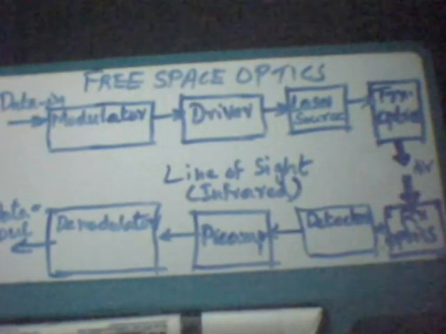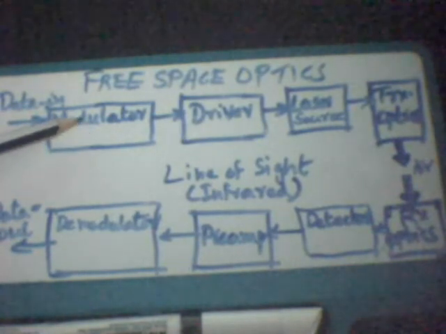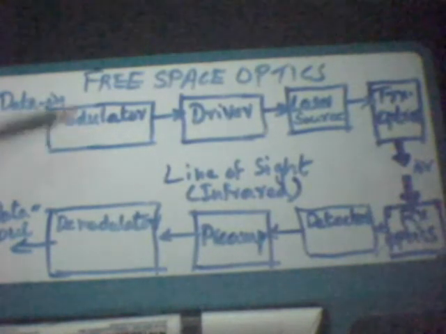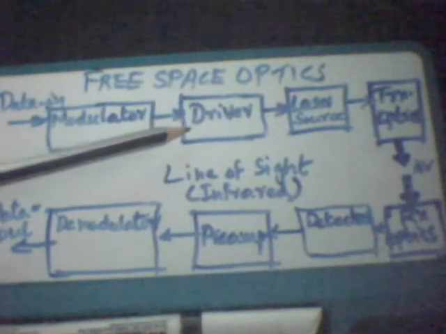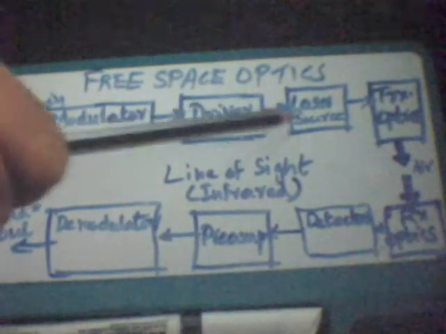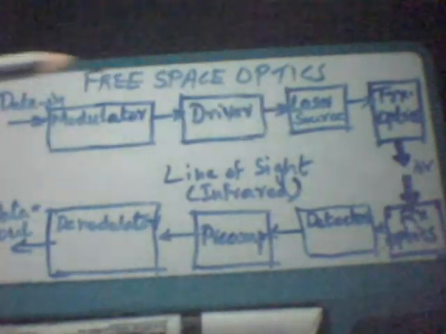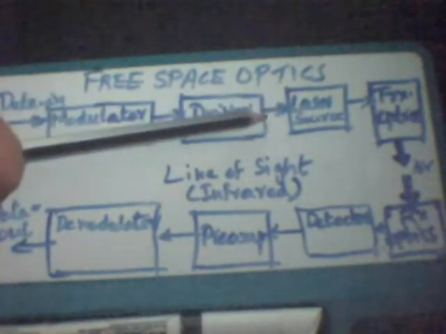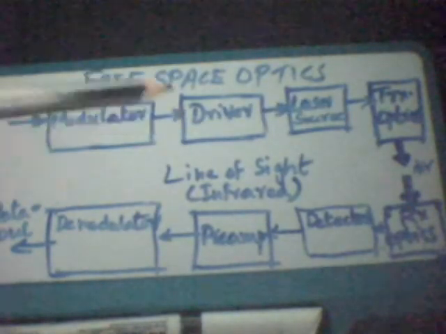The systems operate by taking a standard data or telecommunication signal, converting it into digital format and transmitting it through free space. Here we have the laser diode which converts the electrical signal into the optical domain. And then we have the transmission optics,